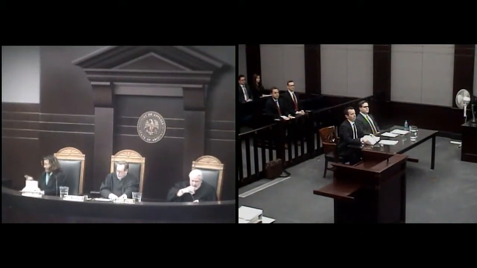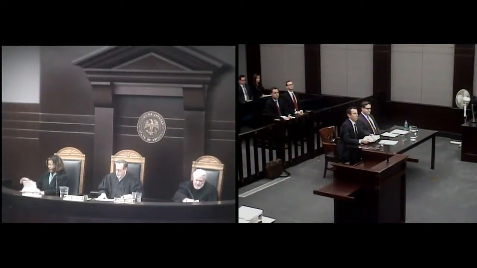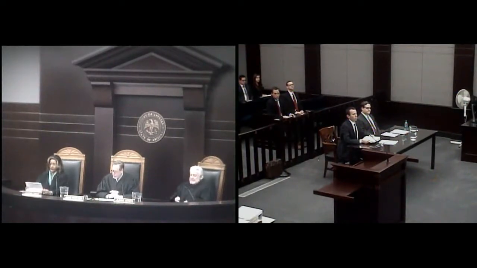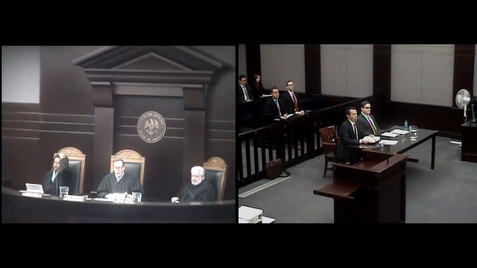This is the time set for argument in the City of Phoenix versus State of Arizona, our civil number 18-0109. Each side will have 20 minutes within which to make their arguments here this morning. Appellant may reserve some portion of that for rebuttal, but it's up to you to keep track of your time